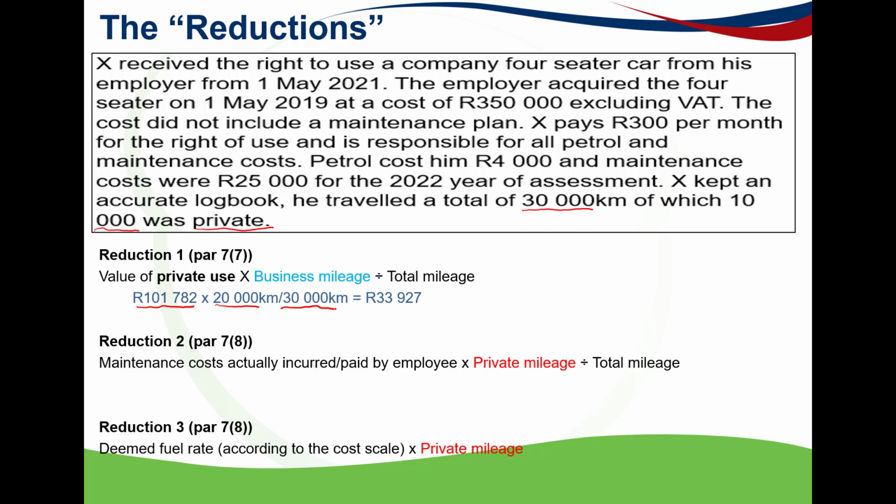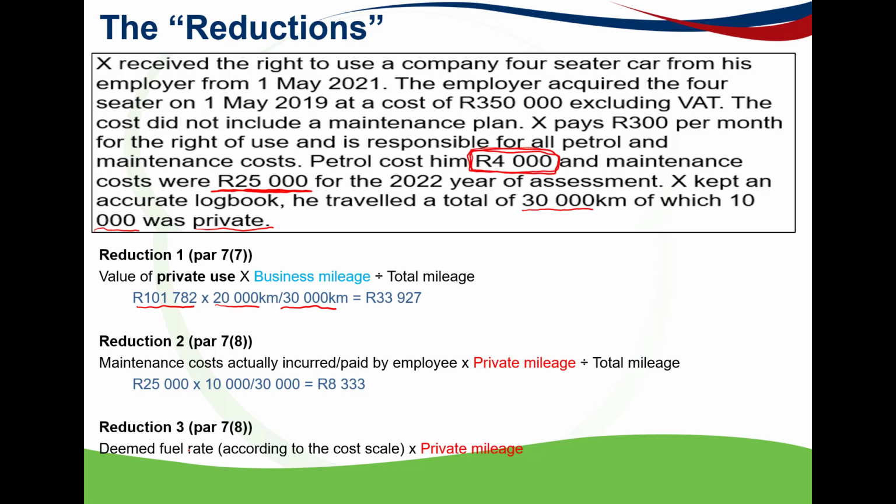Okay, so in terms of the second reduction, it is the maintenance costs that the employee incurred times the private mileage that has been given to us as that 10,000 kilometers. So if we look at the information, to determine how much our maintenance costs are, where do we get that information? Petrol cost is 4,000, maintenance cost is this 25,000 over here. So this would be our maintenance cost. We will just take that amount and multiply it by 10,000 over 30,000, and we will get to an amount of